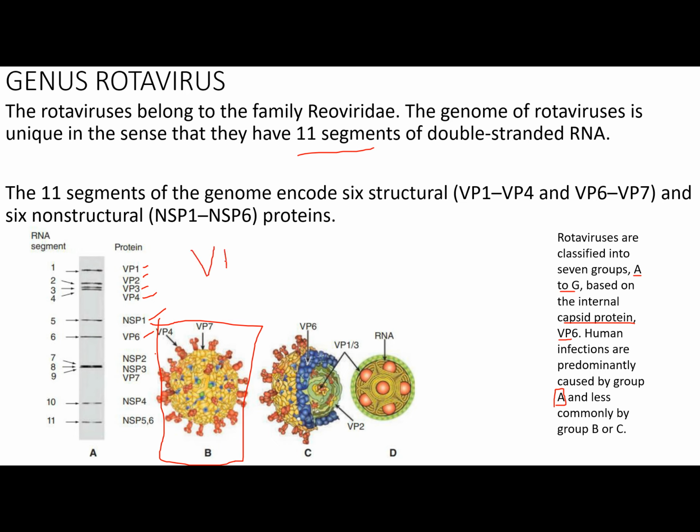Now, take note class that VP4 is the spike protein. So, yan yung nag-a-attach dun sa sialic acid containing receptor. Then, yung VP6 naman class, VP7 rather, the VP7 is the outer capsid